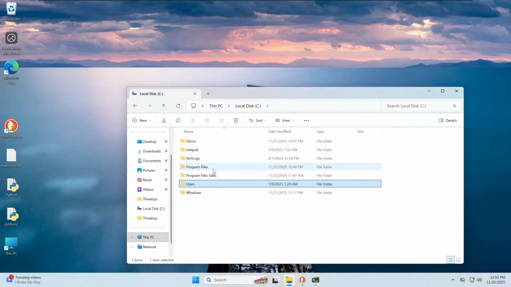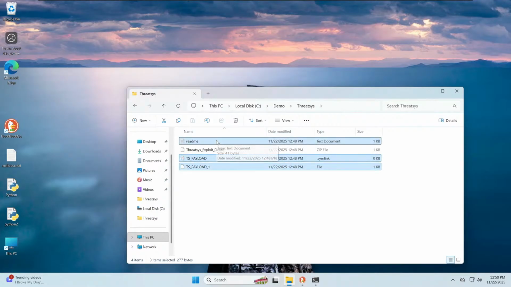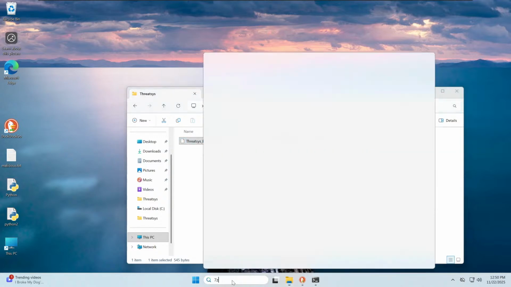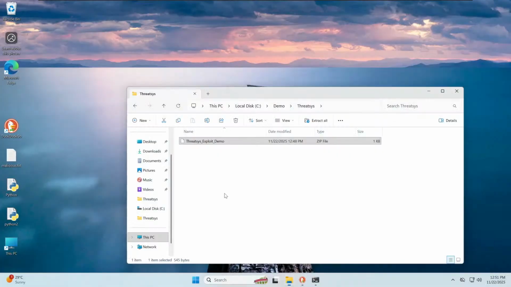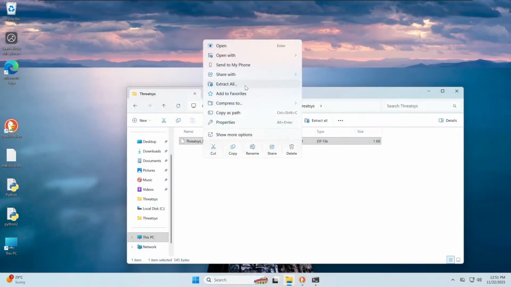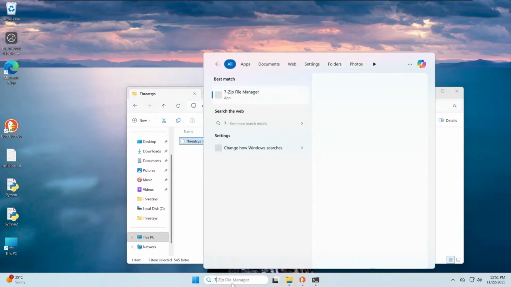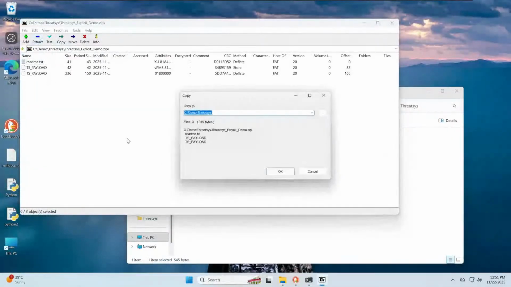So now when I have extracted this file inside my demo, so when I'm extracting this with 7-zip as an administrator, and extracting this content,